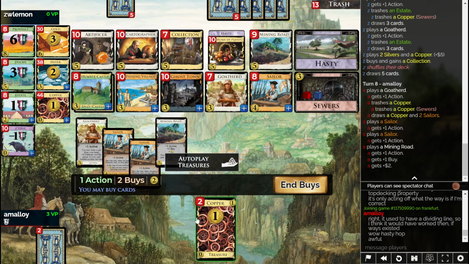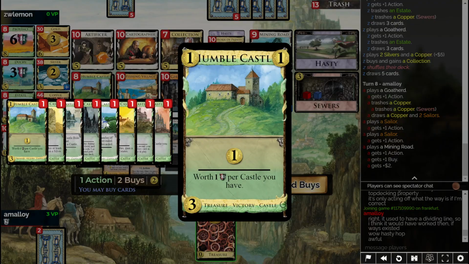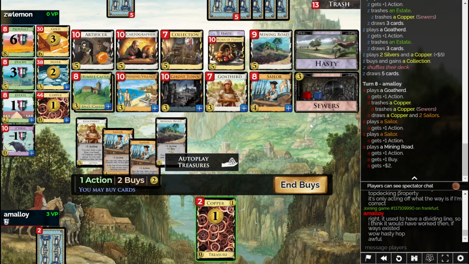I thought I would maybe have enough money to buy a Horn of Plenty here. It turns out I don't. Because gaining and playing a Horn of Plenty would be insane right now. I could gain a treasure? I didn't know these... Okay, the split is not actually a type. It's displayed here as a type, but Humble Castle, for example, is not a split. It's not part of its types. Okay, so...